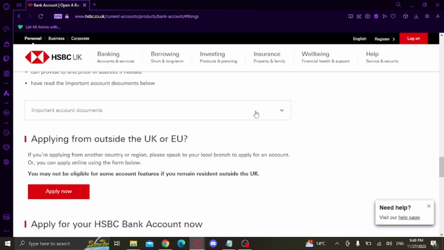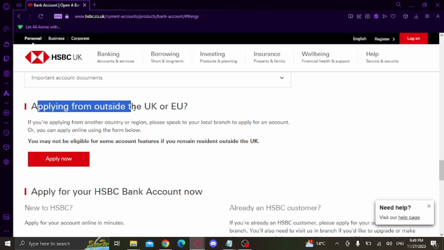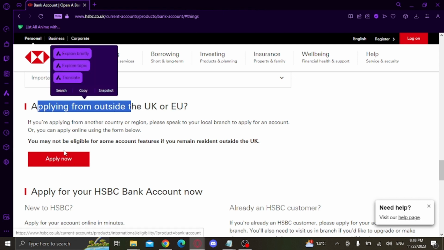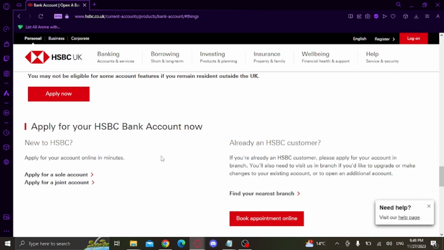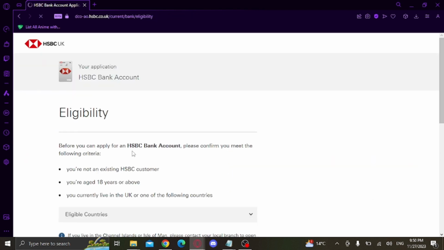on HSBC UK. If you're applying from outside the UK or Europe, go ahead and click on this Apply Now button. However, if you're in the UK or Europe, you'll be able to see this interface. You can select which account you'd like to create, either a sole account or a joint account. Click on it. This will redirect you to this page where you'll be reading the eligibility criteria for this bank